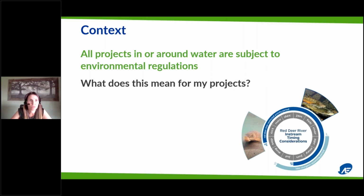So what does this mean for the projects that you're working on? It means really that project planning is important. You need to think about how long it's going to take to get the permits, what the work windows are for the projects, and work windows can include not just in-stream work windows specific to fish, but amphibians,